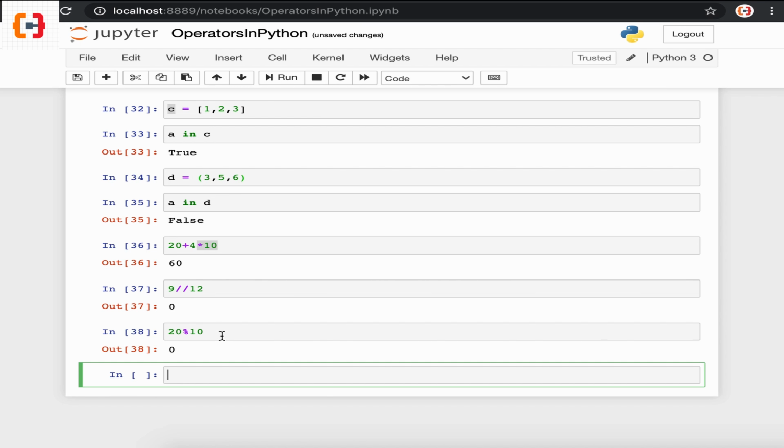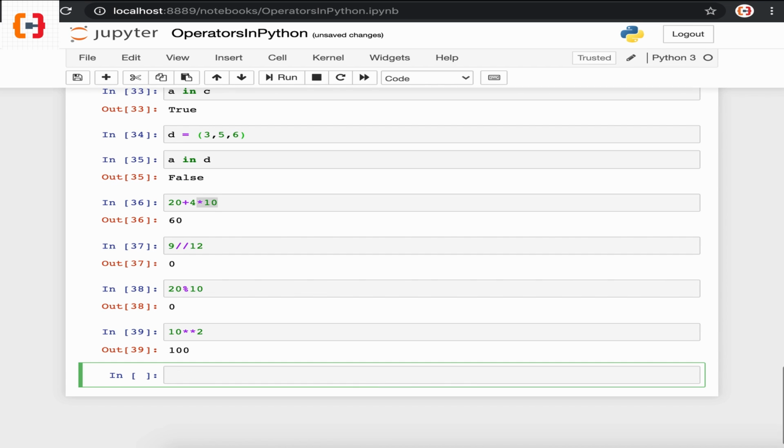Now let's try to perform another operation which we have worked on previously in this tutorial. So if I perform 10 exponent 2, what could be the possible result? Again, you can pause your screen and think of the result. Okay, so the result is 100. So here the exponent operator works as a power operator. So if we apply 10 to the power 2, the result will be 100. So these are some of the examples of operators.